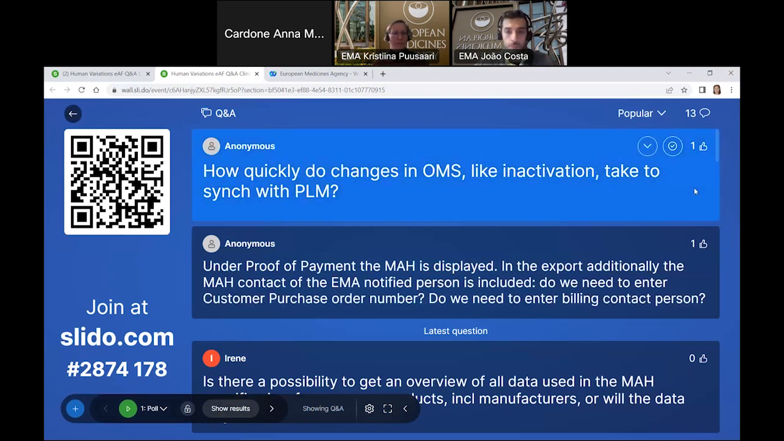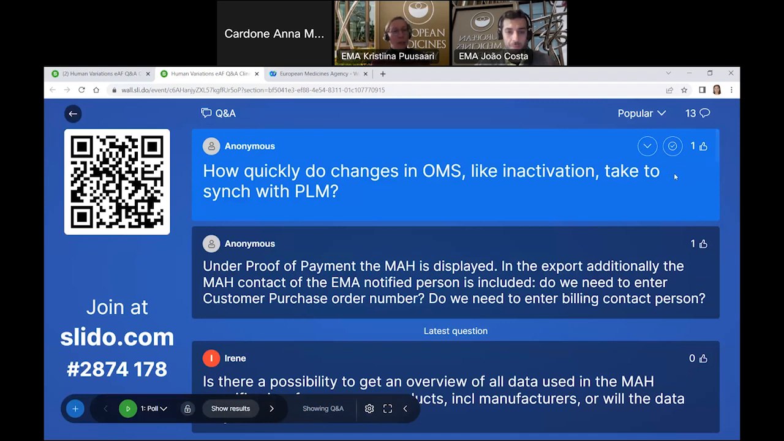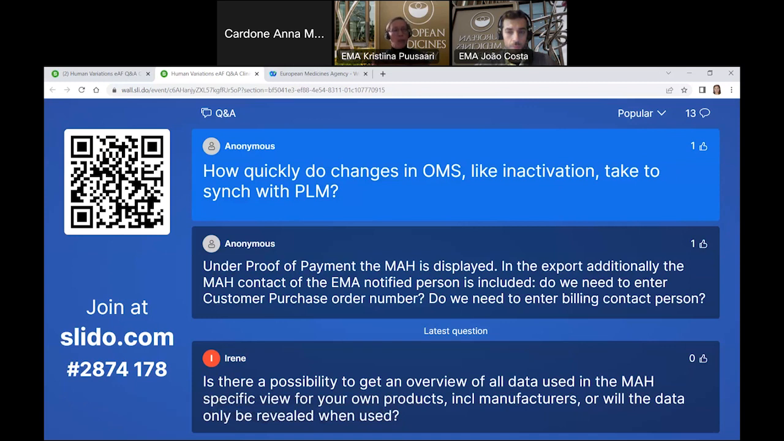Thank you, Joao. How quickly do changes in OMS, like an activation, take to sync with PLM? Apologies, I was unmuted. So normally, OMS changes should be reflected quite quickly. The integration should run every 15 minutes. At least once the information has been updated in OMS, so you can see that the update is already available in OMS, it should become available in the PLM portal within an hour at the very latest,